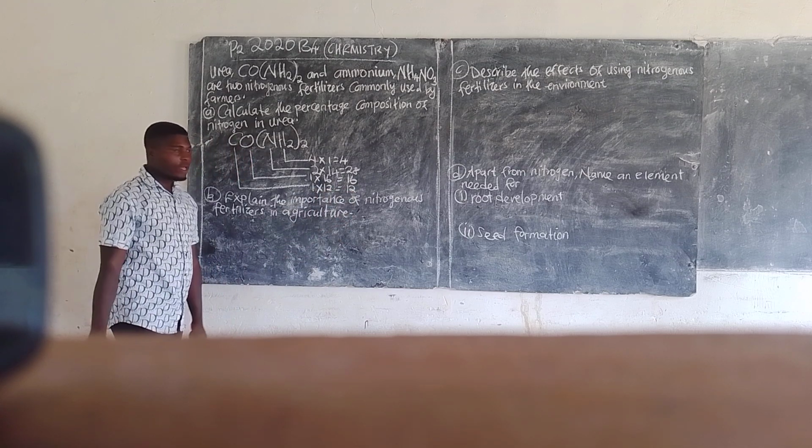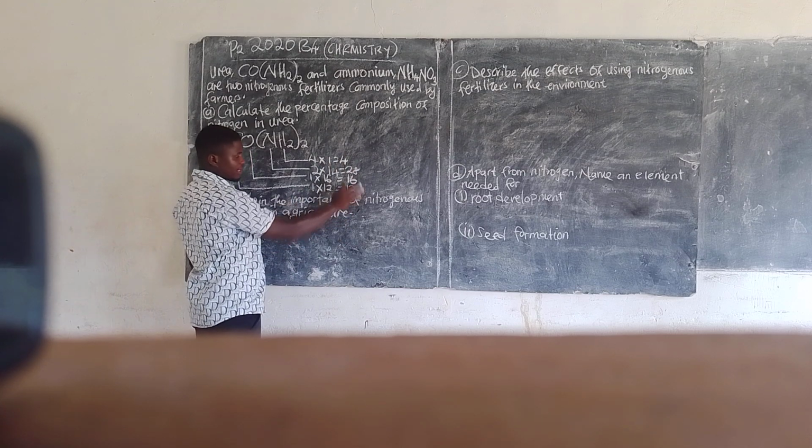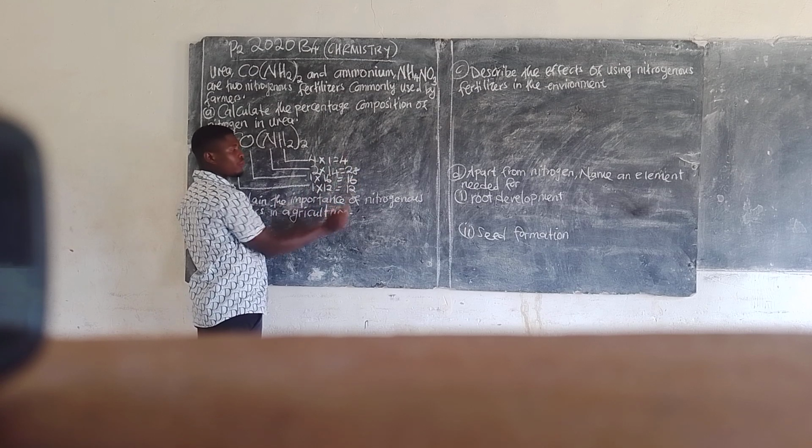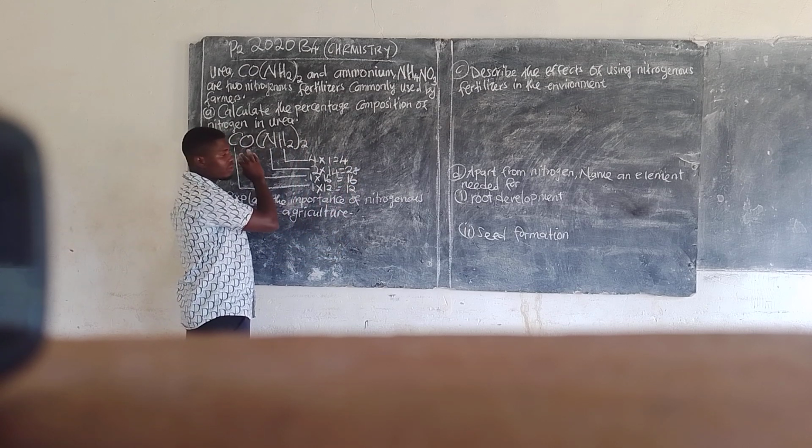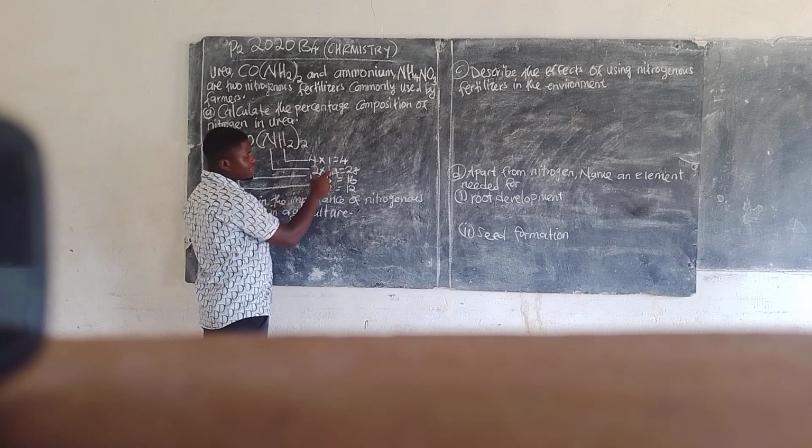So let's now add these numbers that are here. The answer that we are going to get is the mass of this compound. So when you add 4